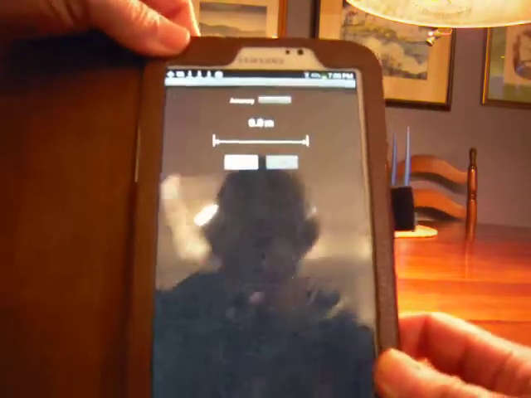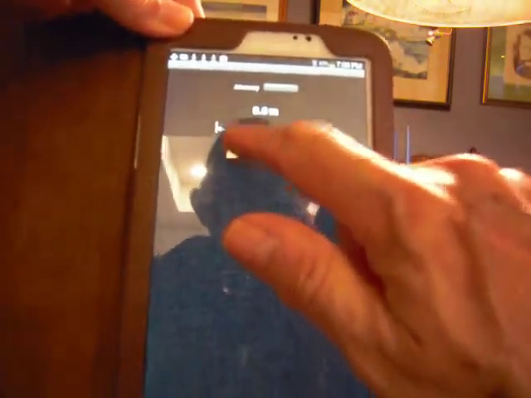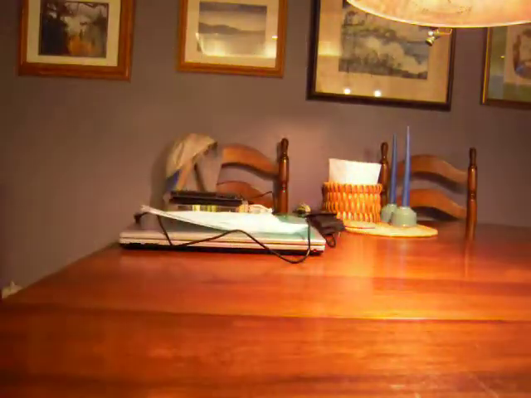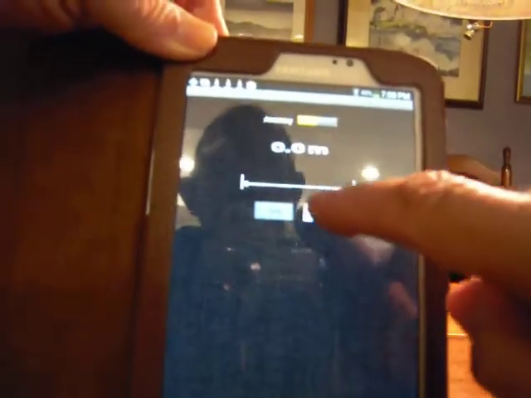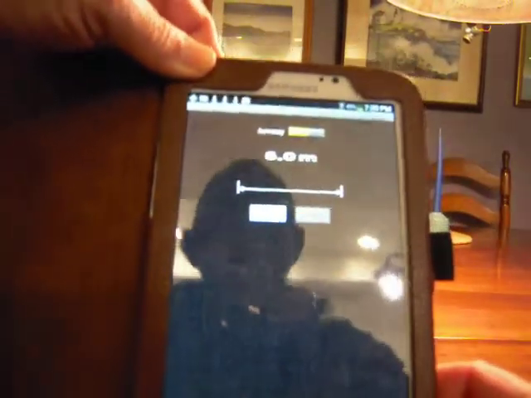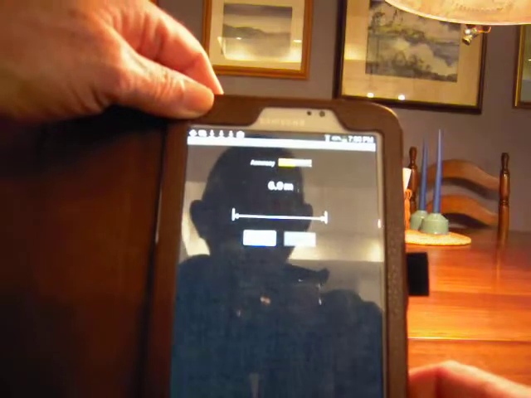And I have no idea how this works, so I guess you would start, and then you would go someplace else and click finish, and GPS would tell you how far you've gone. It said I went 6 meters. Well,